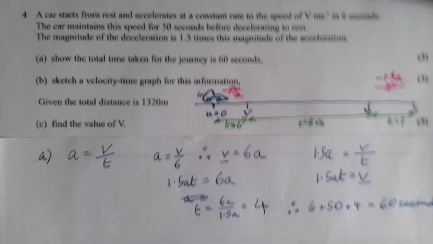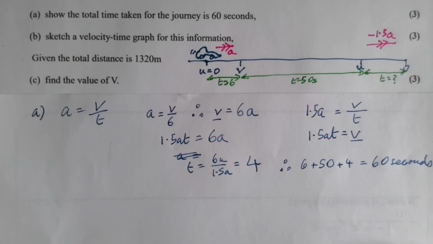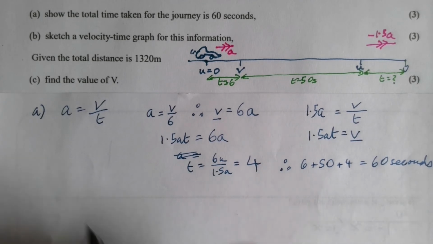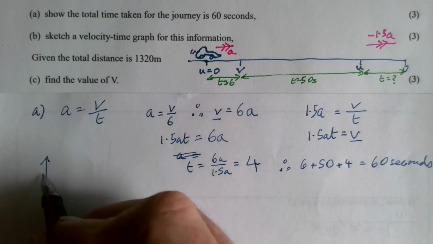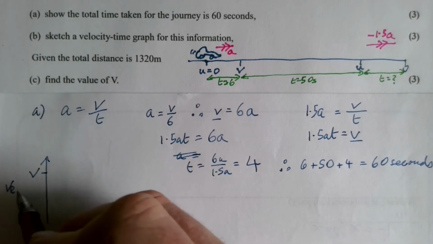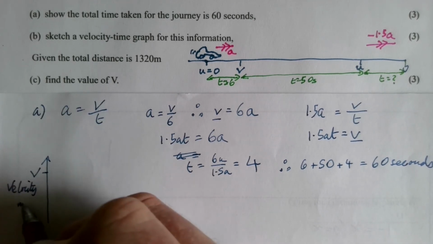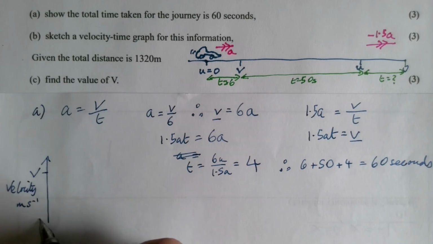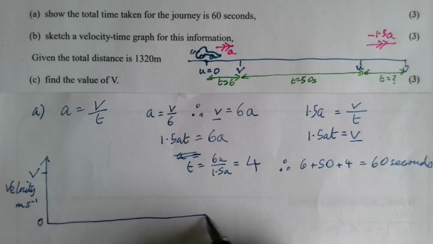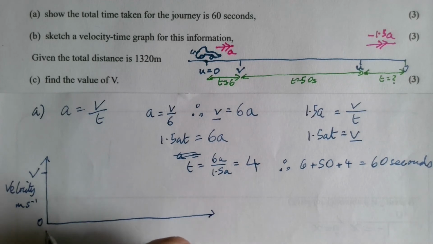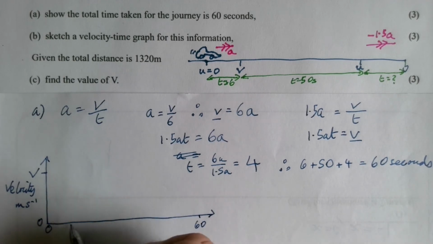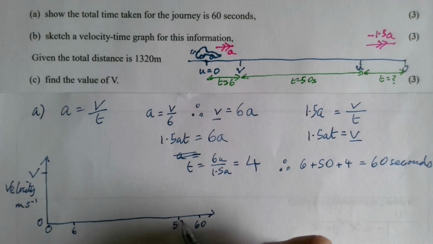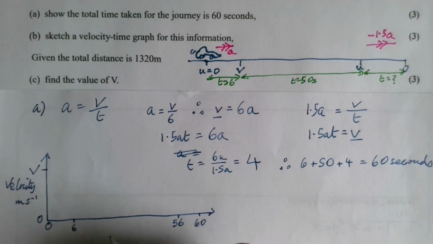Now, sketching the velocity, in many ways, I think that was probably the trickiest part of the whole question. The velocity time graph comes next, and so we just need to show that we're getting up to the velocity, whatever that is. We still need to say that velocity is meters per second, starting from 0. We've got a bunch of time going along here. We've got time starting at 0, going up to 60 seconds. We've got a pause at 6 seconds and 4 seconds before the end, so that's at 56, and we can say that that is time